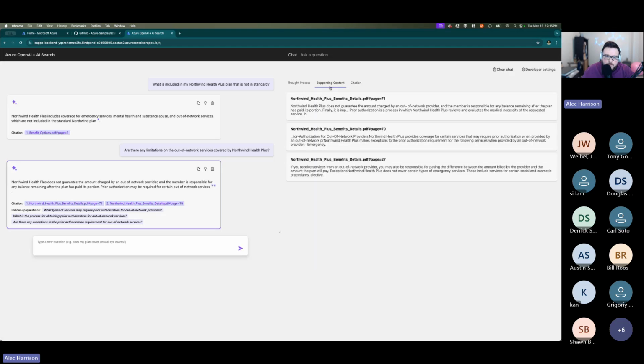The other thing, so this is the supporting content. This comes back in the citation, so we can see it only talked about the first 2. That's because the relevance score was high enough that it thought these 2 were relevant. This one might be semi-relevant, but the score is low enough. That's one thing you could look into too. If you see people getting weird answers coming back, you can come in and see the supporting content.